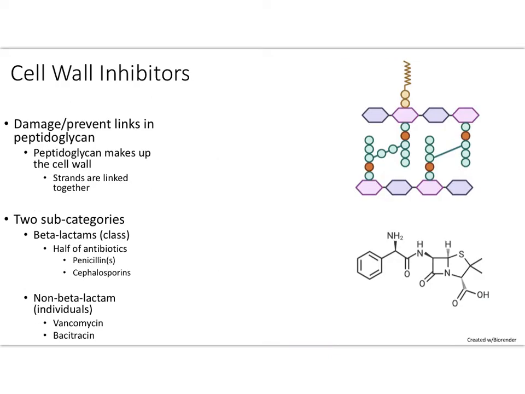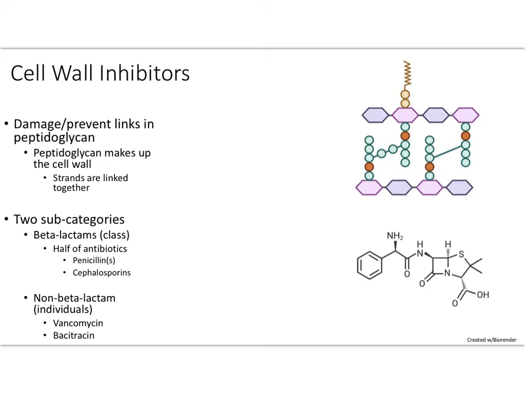Our first group of antibiotics are the cell wall inhibitors. Cell wall inhibitors are antibiotics that damage links in peptidoglycan or prevent the links in peptidoglycan from forming. So as you remember from Unit 1, peptidoglycan makes up the cell wall, and the strands are linked together. So these in the purple are kind of the backbones of peptidoglycan, and these chemicals on the inside, they are sugar protein chemicals, they hold the strands of peptidoglycan together. The cell wall inhibitors typically interfere with